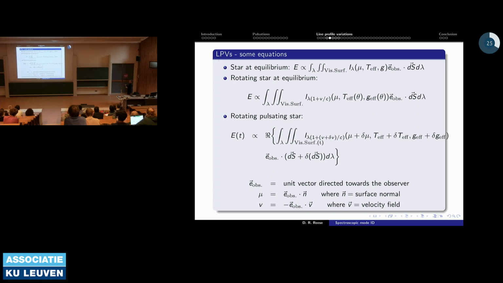So, apologies for those who don't want to see too many equations. I have put a few equations in here. I hope this will be fairly understandable. So,